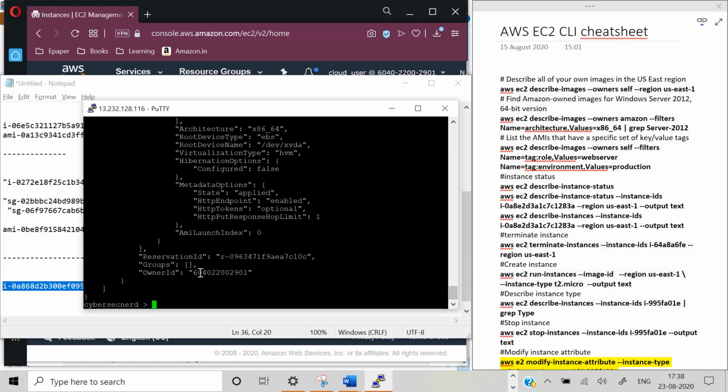Now we will move on to creation of some security groups, and we will also try to associate these security groups with these instances. So let's go ahead. AWS EC2 create security group, and let's say the group name is ELK server. So let's say the security group name is ELK server as of now,